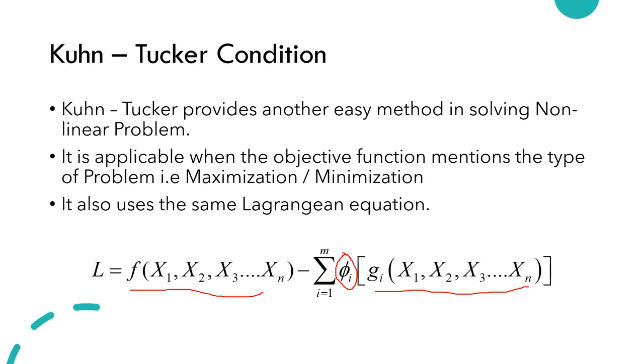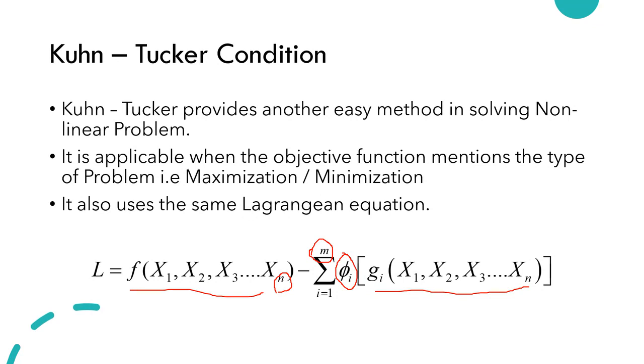Whenever we use a number of constraints, if you have 3 constraints, it is denoted by m. So 3 constraints means m is equal to 3. When the number of variables in the objective function is 2, it is denoted by n. So n is equal to 2.